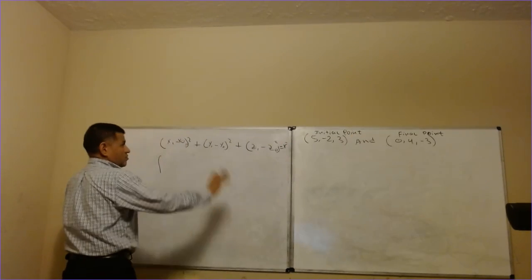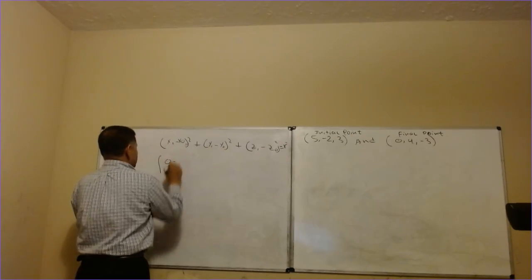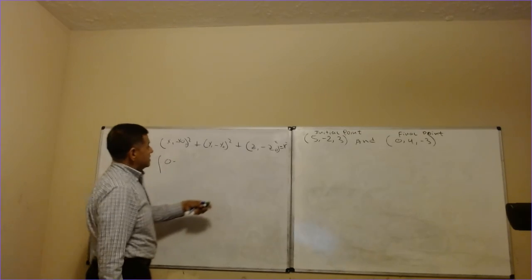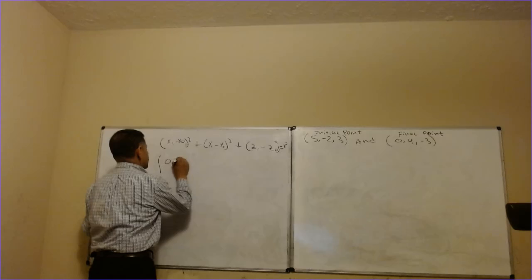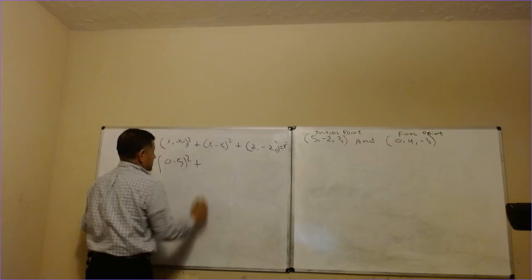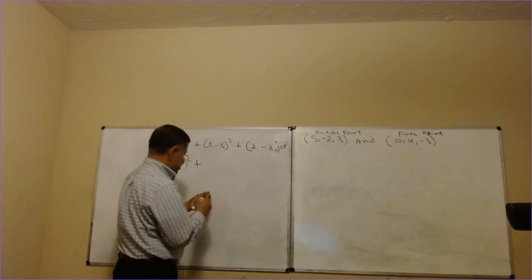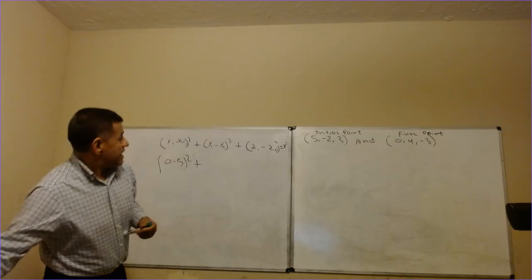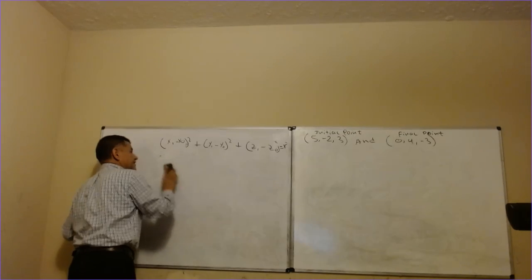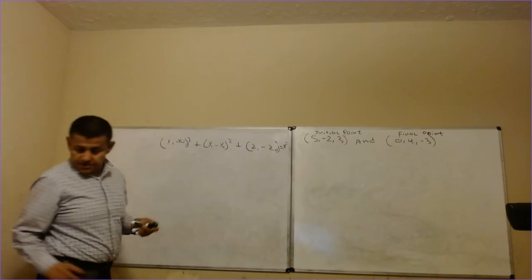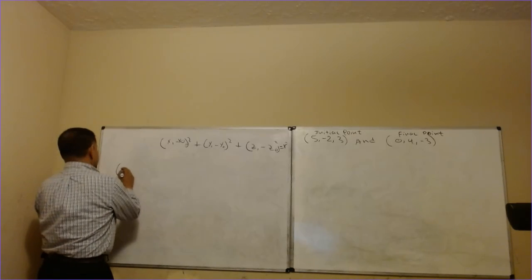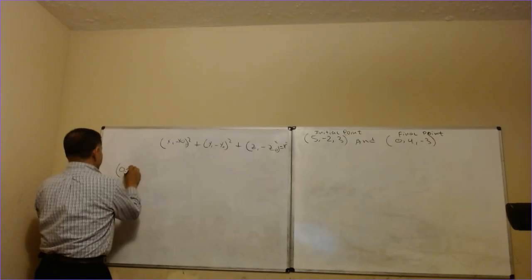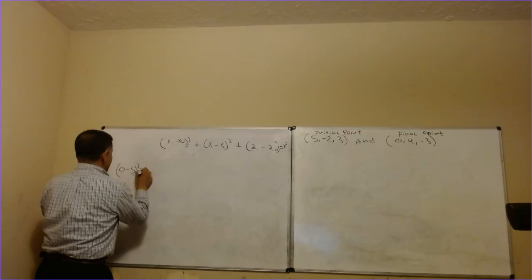Okay, so 0, then what? 5 minus 5, squared, plus. Let me just write it to the left here so I can have more room, because it's going to take a little bit of space. So it's going to be 0 minus 5, squared, plus